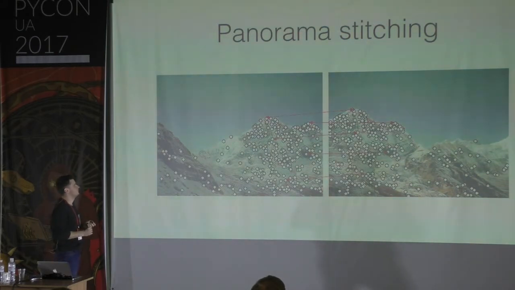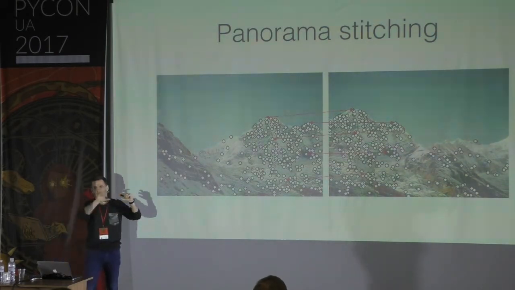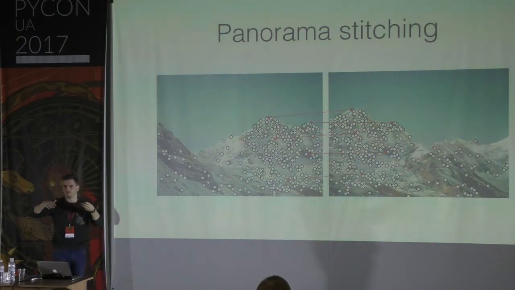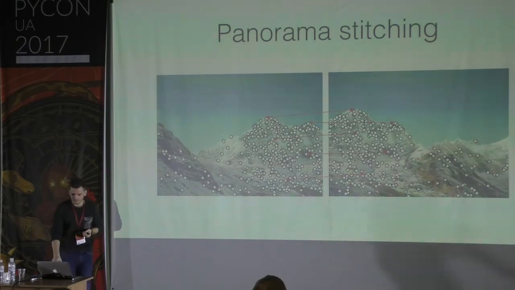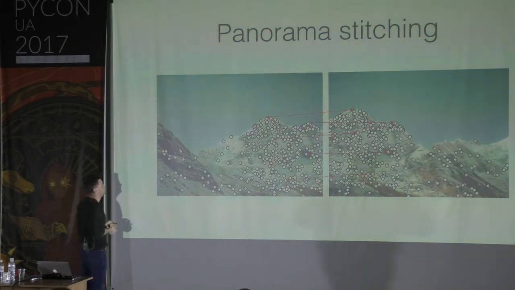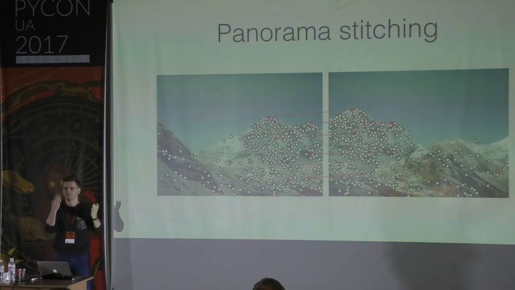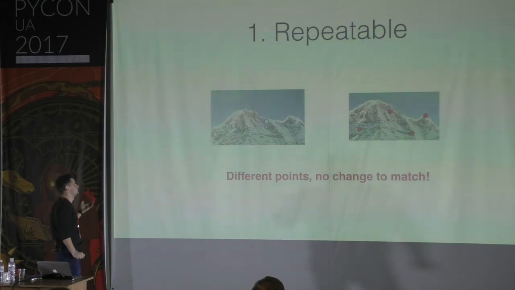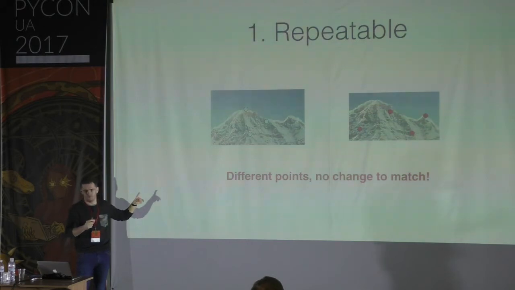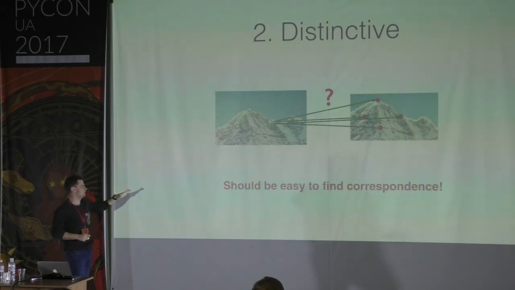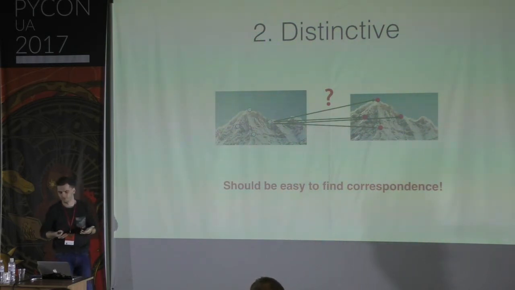Another topic is panorama stitching. So you can move your phone around, and you get one wide picture, and it actually makes a lot of photos and then just stitches them together. So we need to stitch the photos. We need a way to find points that are similar. Not the whole images, because we moved the camera, but just points in these images. And this thing should be repeatable. So if we make two slightly different photos, the same points should be detected. And it should be distinctive. So, okay, the same points are detected, but how do we compare them? And how do we know which one is which?